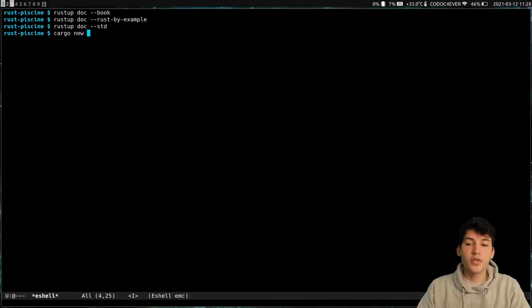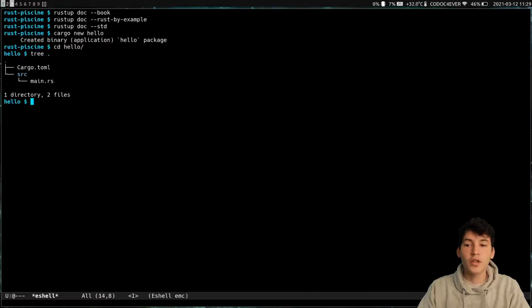Let's say you have to create a program called hello. You will run the command cargo new hello. So now we have a new application. We can navigate inside it, and if you see the content, we have a Cargo.toml file and we have the src folder which contains a main.rs. This is the convention for a binary crate and it's what you're going to have to submit when we ask you for a program.